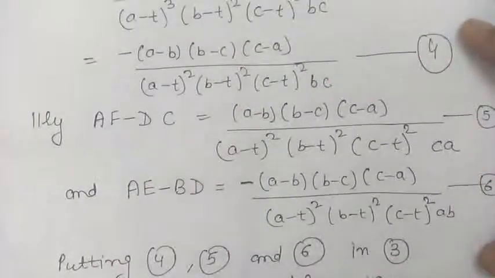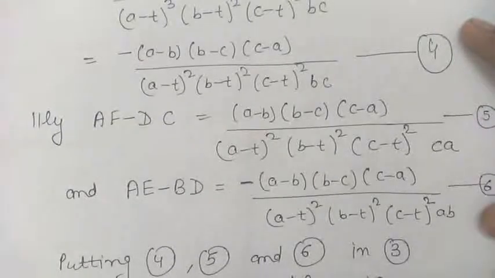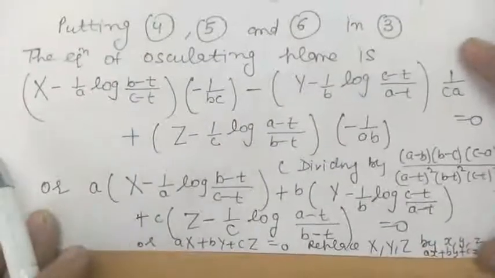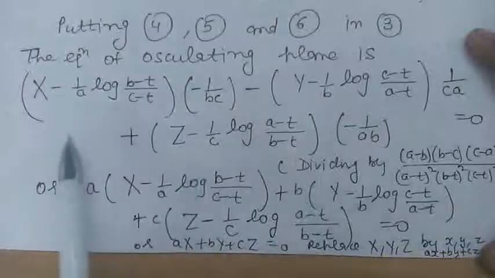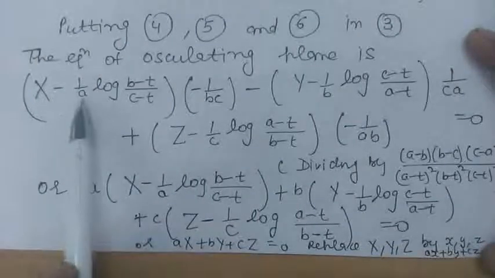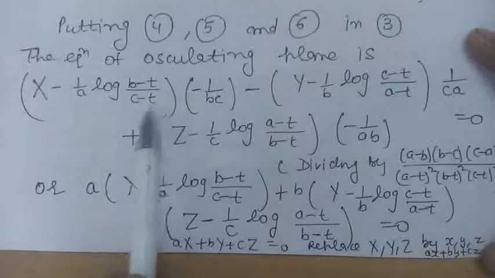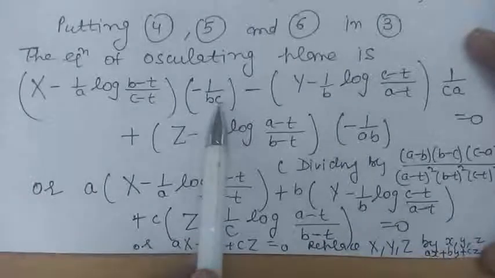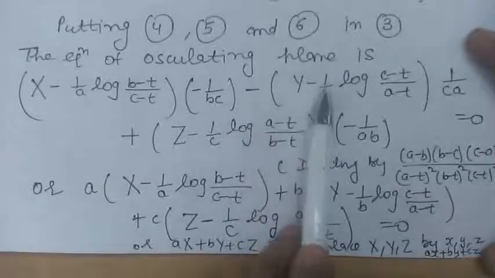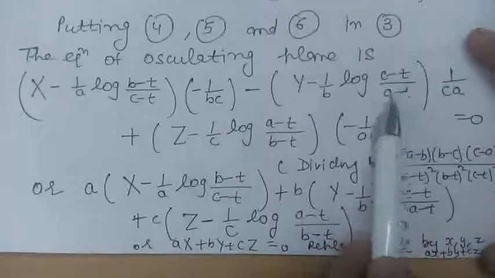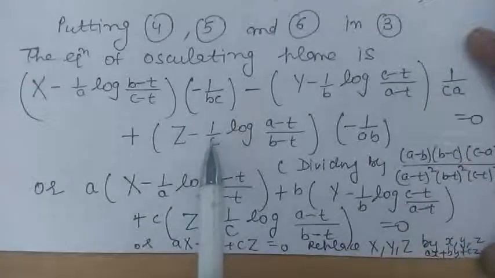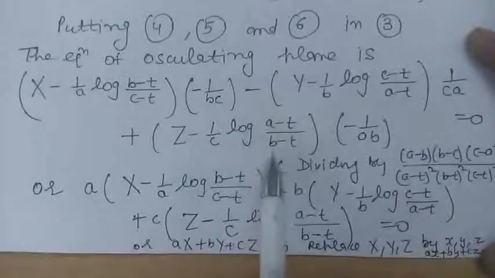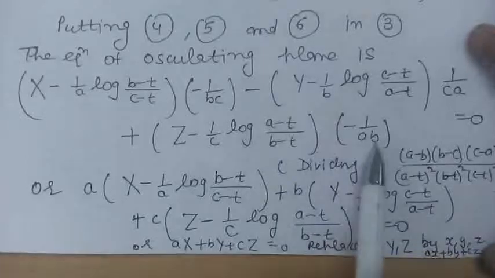Now you will substitute all these values from equations 4, 5 and 6 in equation 3. After substituting the values there, you will get the equation of the oscillating plane, which is obtained as x minus 1 upon A into log of (B minus T upon C minus T) into minus 1 by BC, minus y minus 1 by B into log of (C minus T upon A minus T) into 1 by CA, plus z minus 1 upon C into log of (A minus T upon B minus T) into minus 1 by AB is equal